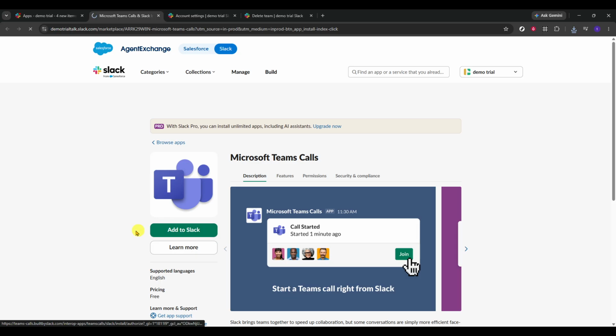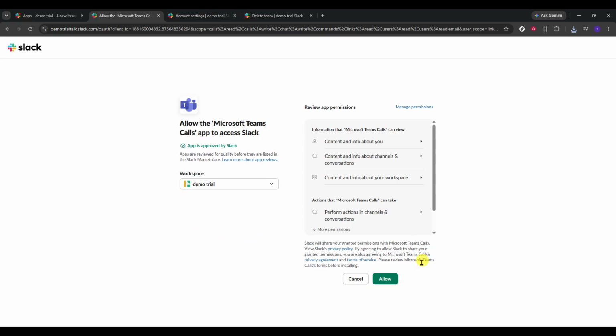From here, Slack will guide you through the remaining setup using on-screen prompts. Follow the procedures shown in your browser or app window carefully. This part may include reviewing permissions, confirming access, or signing in to the Microsoft service so the connection can be completed properly. Take your time and read each screen before moving forward, especially if your organization has approval requirements for